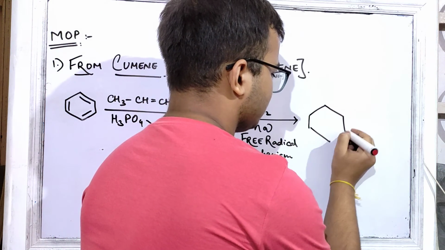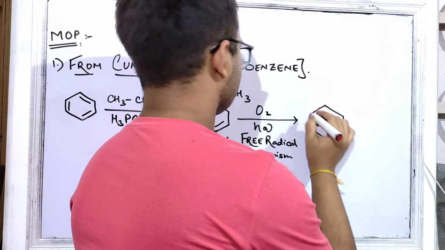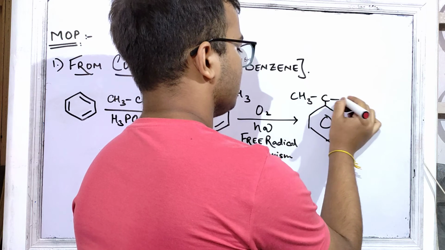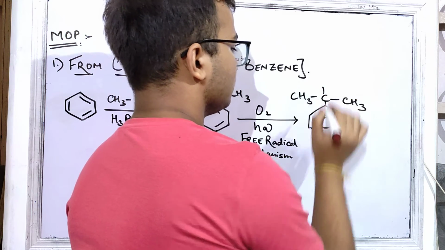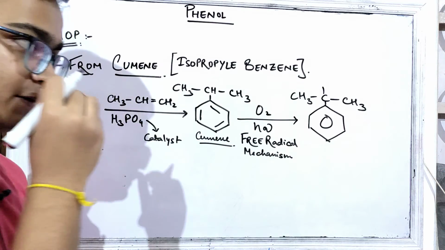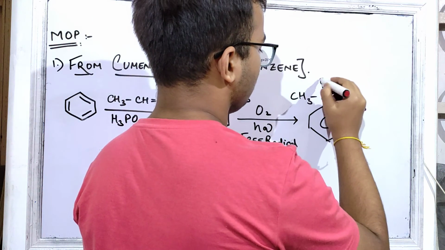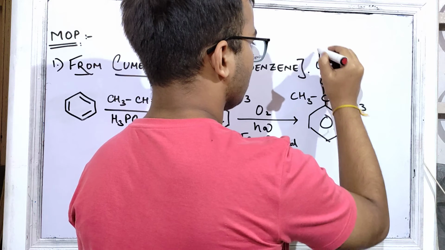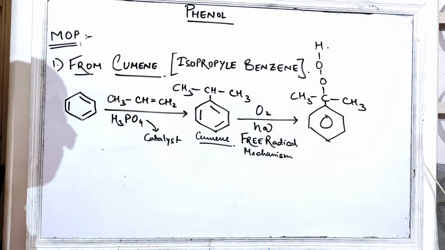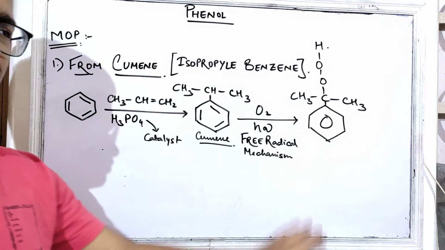This is my benzene ring, right, and CH3 groups remain the same. This is C, this is CH3. Now here this H will be removed, and as a result OH will be added. See, it looks like this, O, and here will be H. Now this is the new thing which is being formed. Now I will treat it with H2O or water.